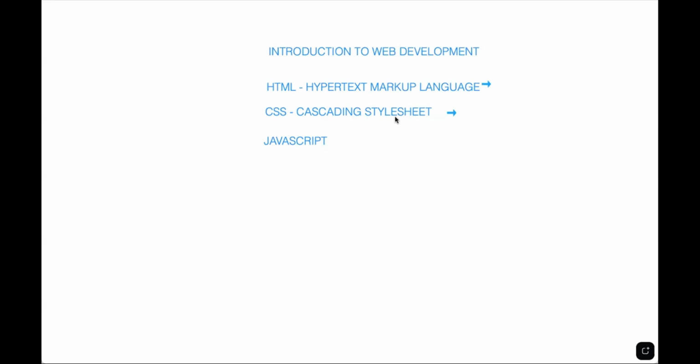And the third is JavaScript. JavaScript is what helps us to add interactive and user-friendly experiences to our web pages. It can range from simple animations to complex functionalities. But basically, what JavaScript does is to breathe life into our web page. Let's take, for instance, you are